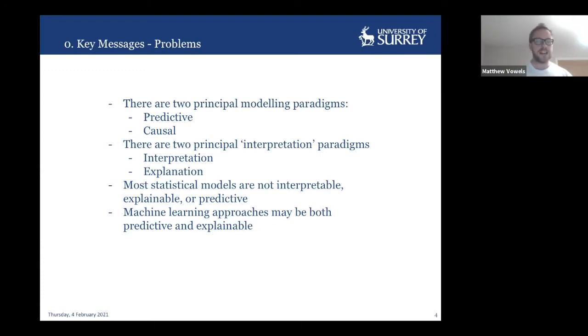And I'm going to argue that most statistical models that we use, and this is again from the last workshop, this is 99.999% of the tools that get used in many empirical fields, are not interpretable, they're not explainable, and they're not predictive either. So that's a very bold claim, I realize, and it's kind of scary. So I'm hopefully going to qualify some of that as we go through. And I'm going to suggest that maybe some machine learning approaches provide some opportunity. I'm going to argue that most machine learning models, if they're just predictive models, are not going to be interpretable either.